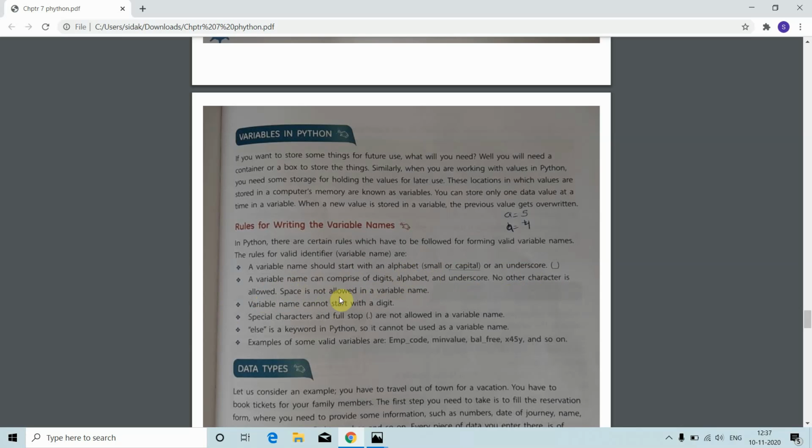Space is also not allowed in a variable name. If you are giving any variable name like a32, you don't have to give a space in the variable name. Okay, and a variable name cannot start with a digit. You cannot start this variable with a digit. And special characters like dollar sign, percentage, you are not allowed to write special characters and full stop